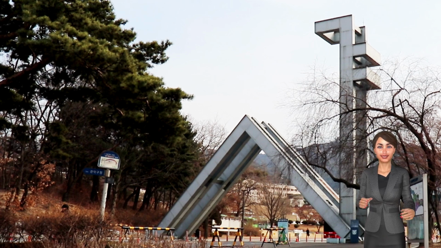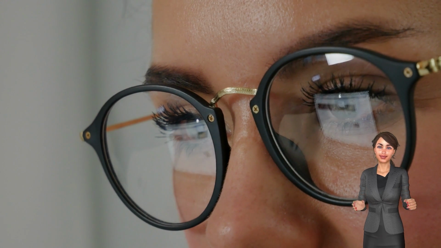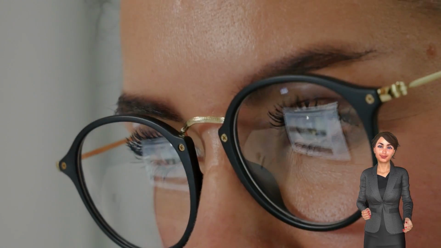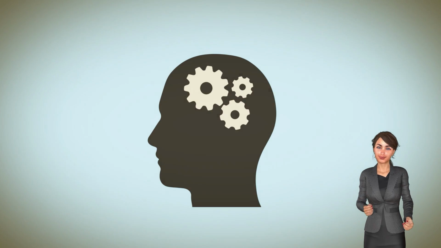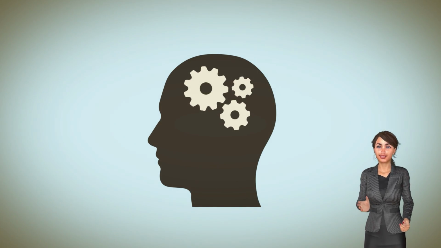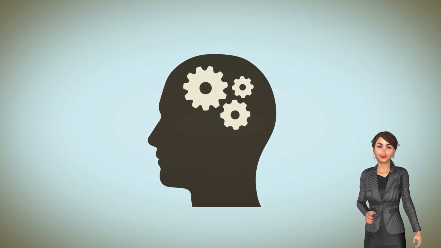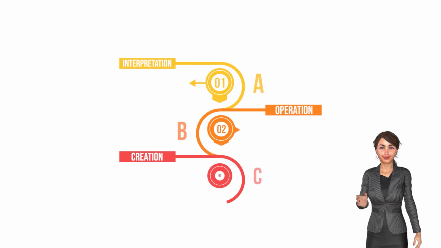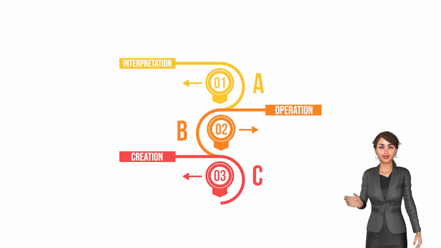Professor Na Ilju of the Department of Education at Seoul National University saw that judging, adapting, and utilizing the external environment with visual intelligence that combines external visual organs and the internal brain has a great impact on the overall intelligence of humans. According to Professor Na, the level of visual intelligence is divided into interpretation, operation, and creation. Interpretation is necessary for survival.